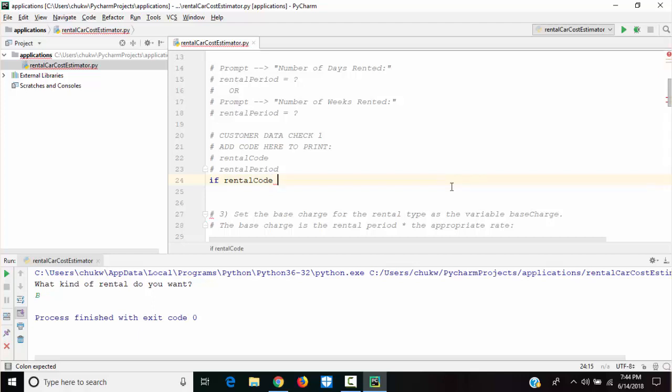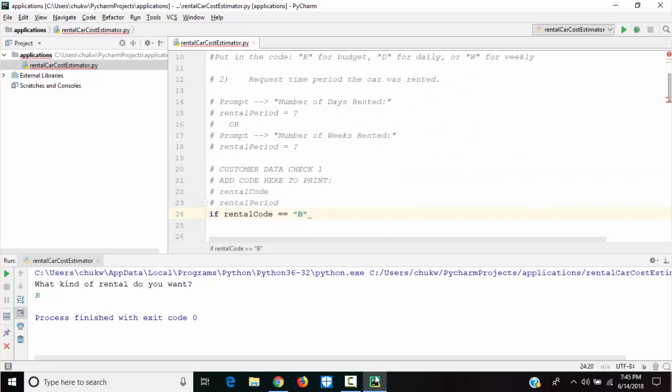If rental code equals, because this is not assigning, this is now equal. If the rental code is B, and I like using double quotes, but for Codio I will use single quotes, that's fine. If the rental code is B or the rental code is D, daily, then you put your colon.